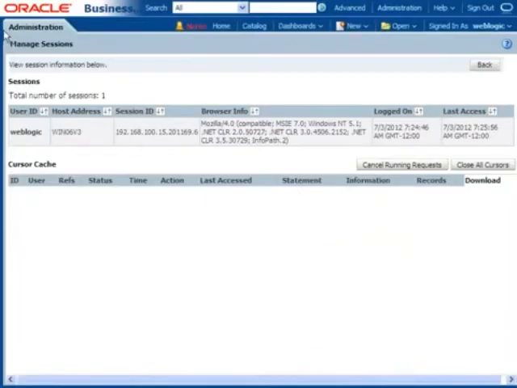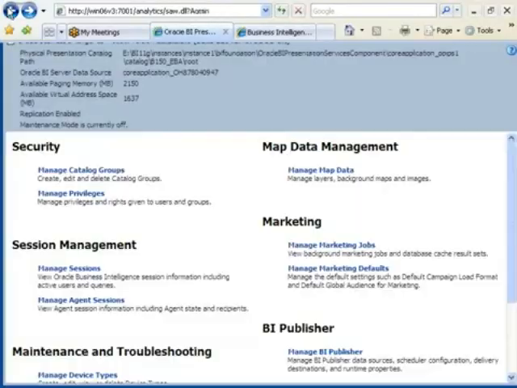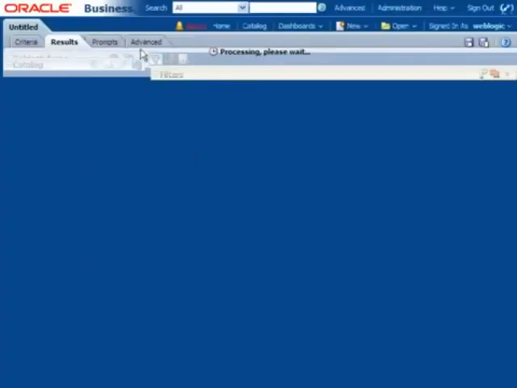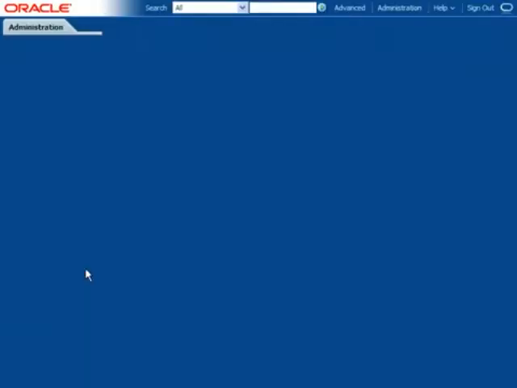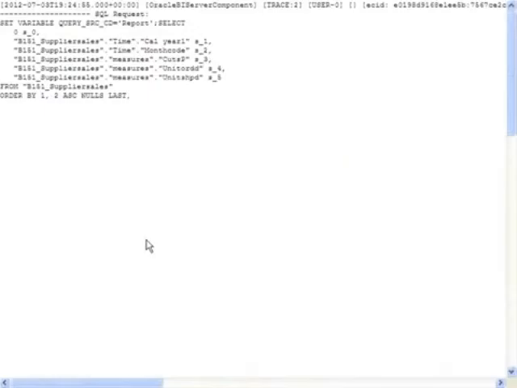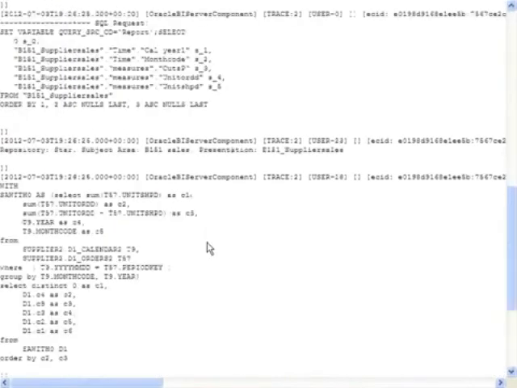Now the same report I would like to run. So go back. Then automatically this report is refreshing. Automatically this report is refreshing means the query is executed or not. It is retrieved data. Then I can go for where, sir? Administration, manage sessions, next view log. Then if you see here